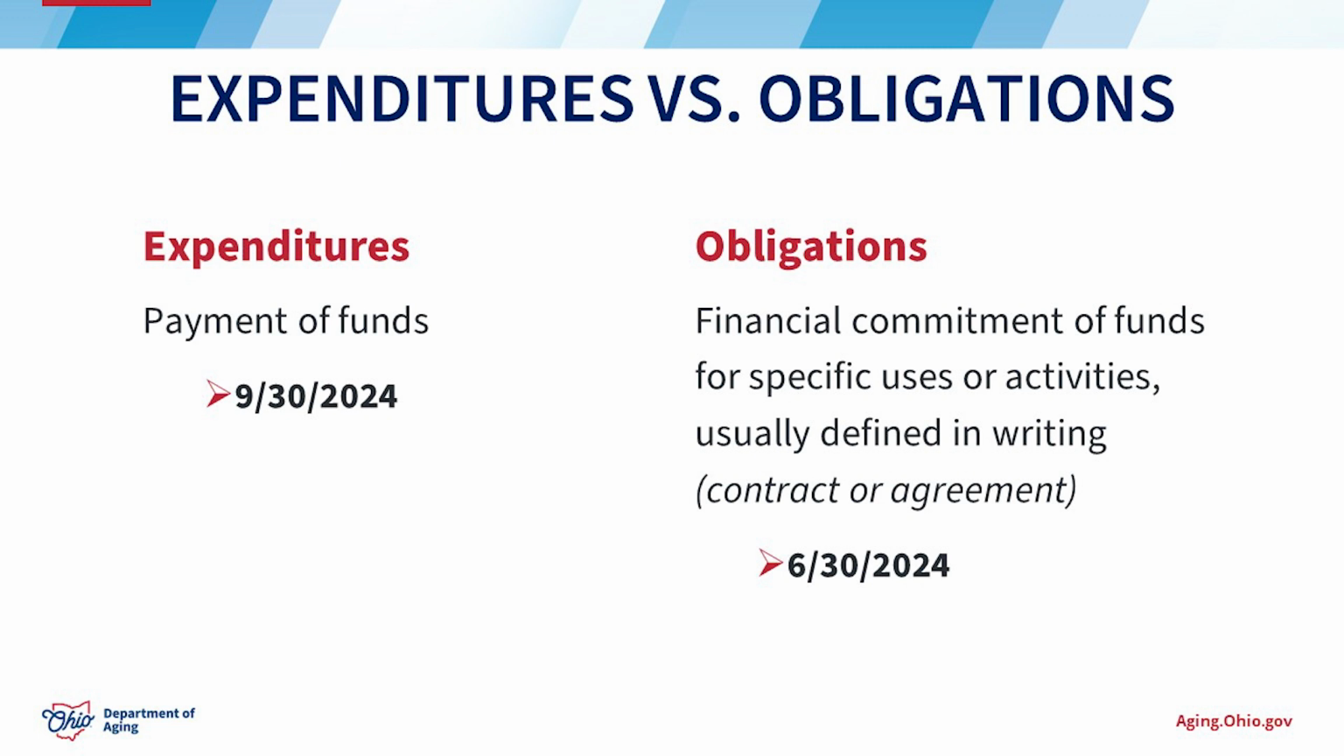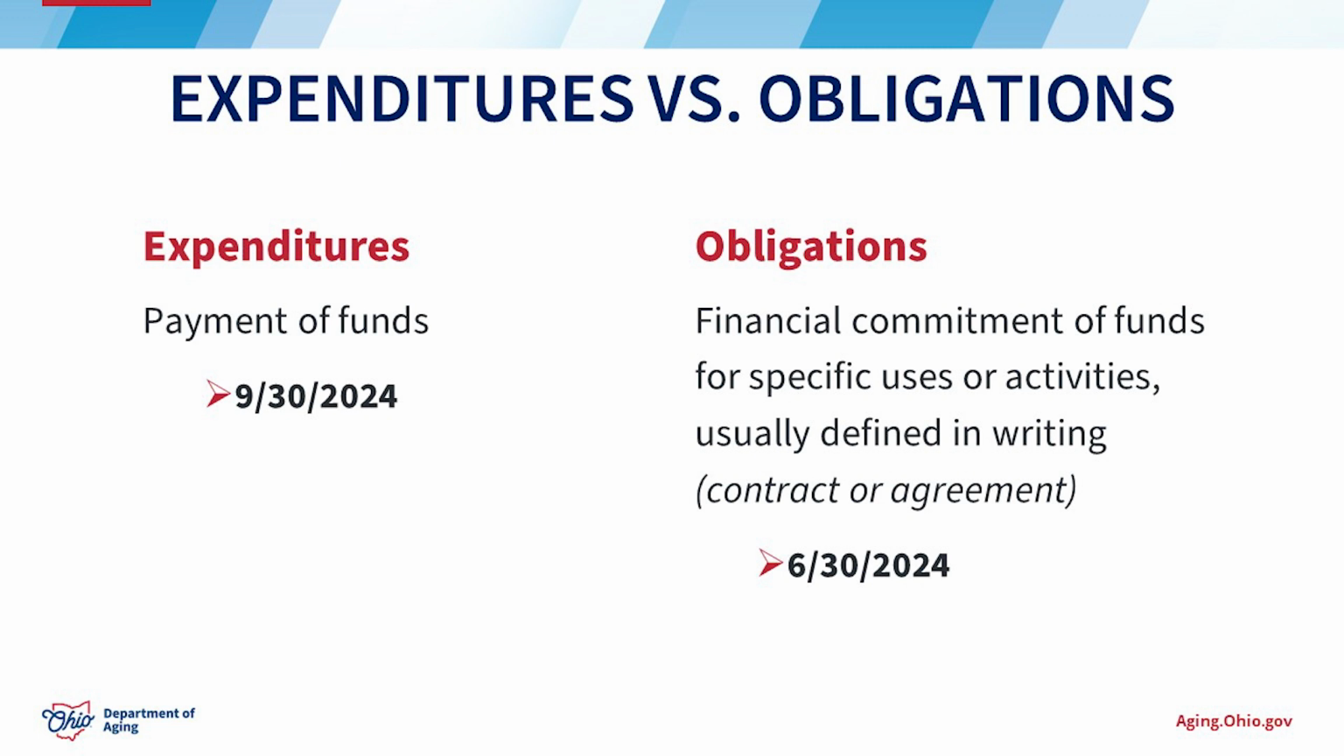Before we look at the example, I want to send along one quick reminder. There's an important distinction again between expenditures and obligations. Remember, your expenditures are your payments on the funds. All funds must be expended by September 30th of 2024. Financial obligations, on the other hand, those are your commitments of funds for a specific use, and those are usually